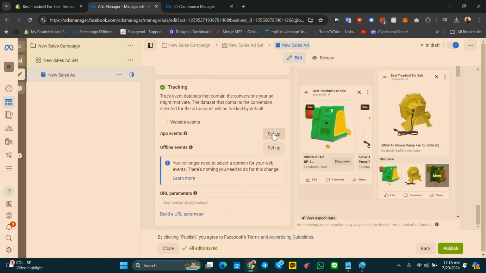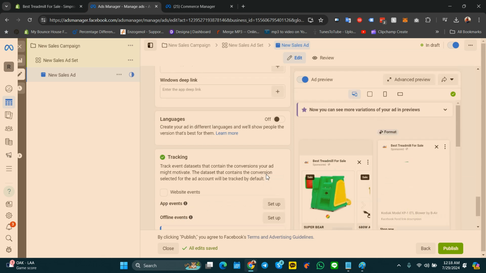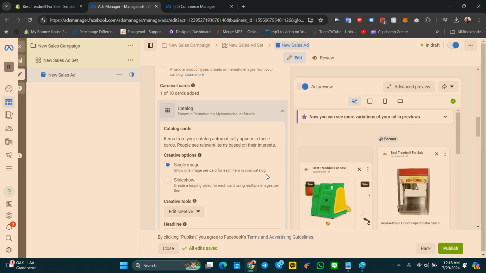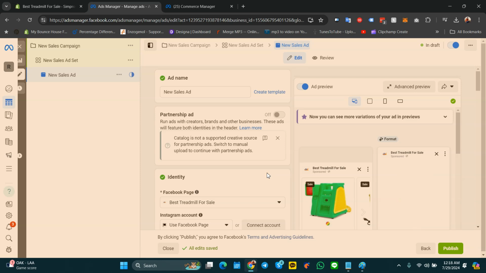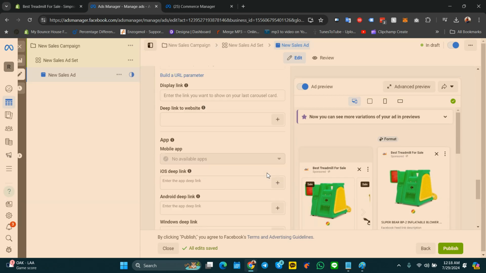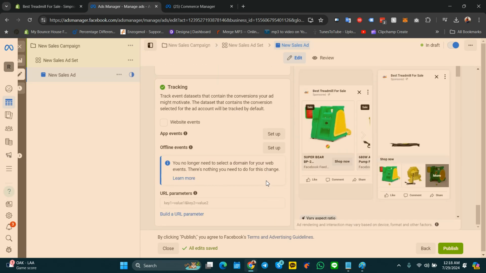Click on this. We want to set up events tracking, offline events. You can just set these up, go through everything, and then hit publish. At that point, the ad will start running. It's a retargeting ad. Later, you can test a different variation of this if you're more advanced and you want to,